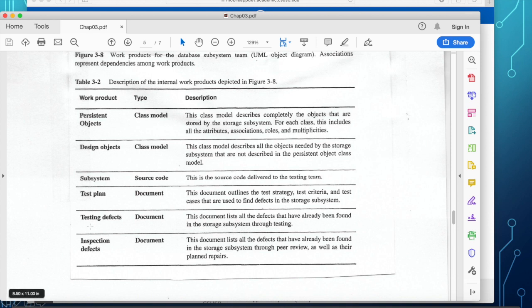So the work product defines the output of each particular team in terms of their progress toward the implementation or development of their software. For persistent objects, it is the class model, for design objects. Subsystem is in terms of source code, and the last three are documents.